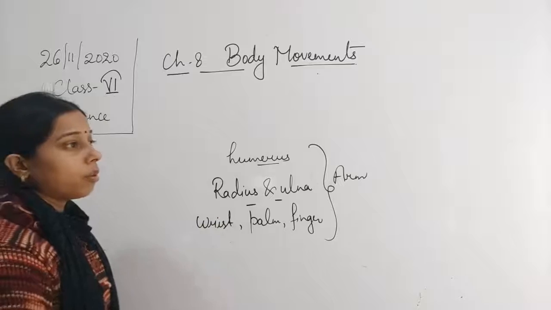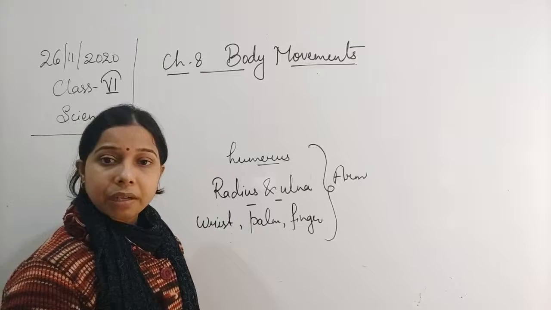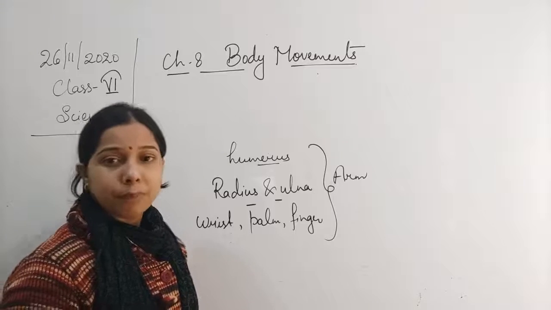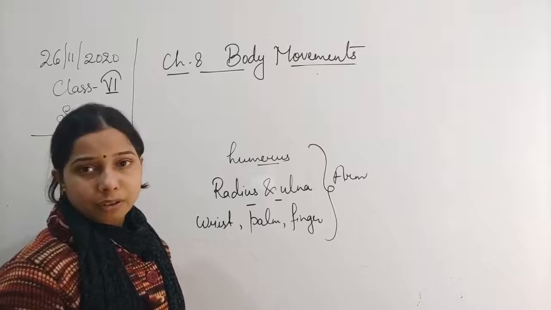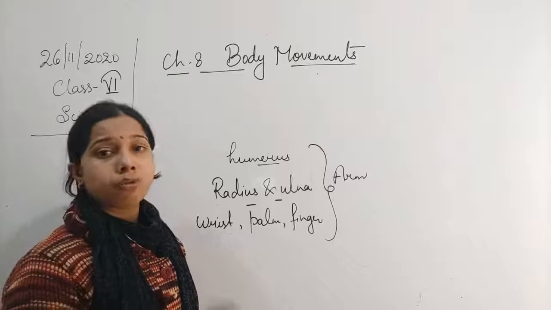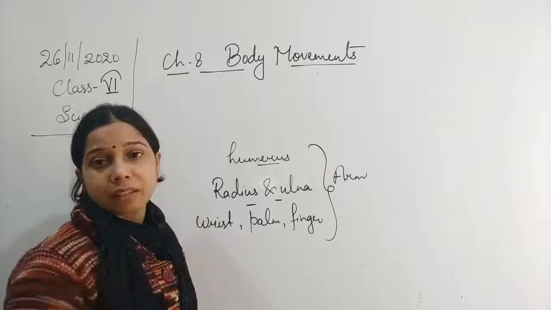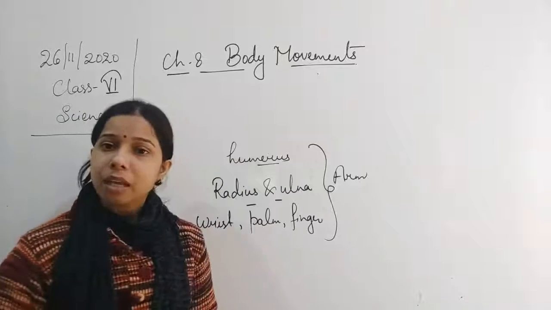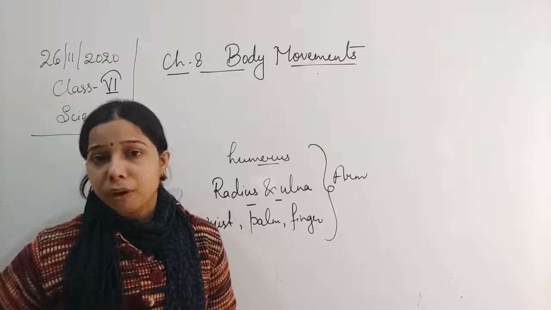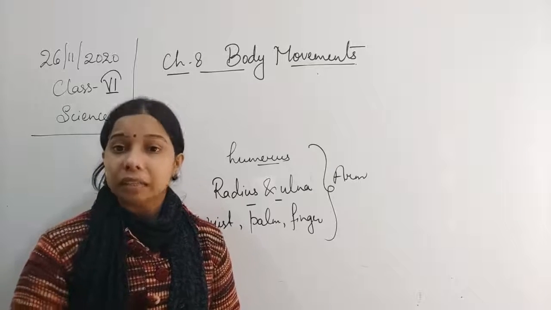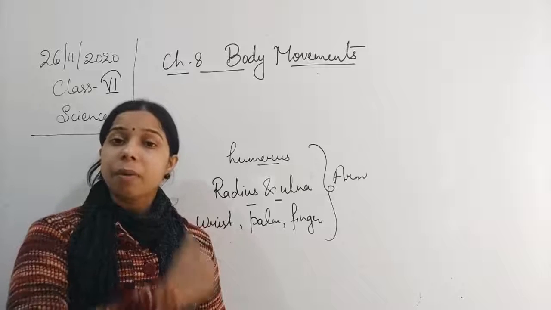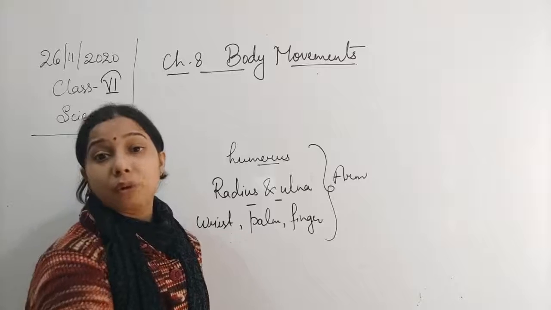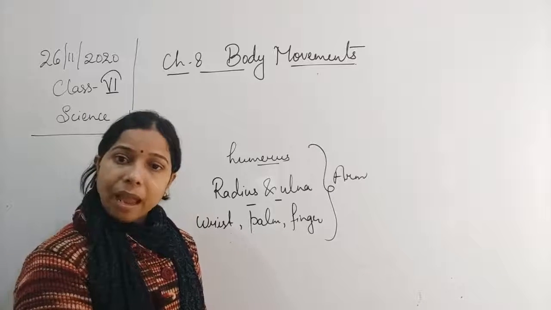When you move to the lower part of the body, you will find a bone known as the hip bone. Through the hip bone, your leg bones are attached. Legs also consist of three parts, like we have seen in the case of the arm. The upper leg starts from your hip and goes to the knee. Then the lower leg starts from the knee and goes to the ankle, and from the ankle, the foot is there.